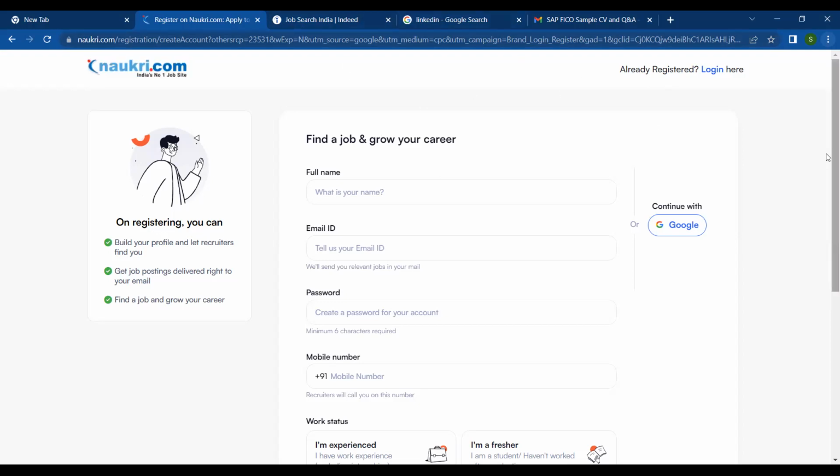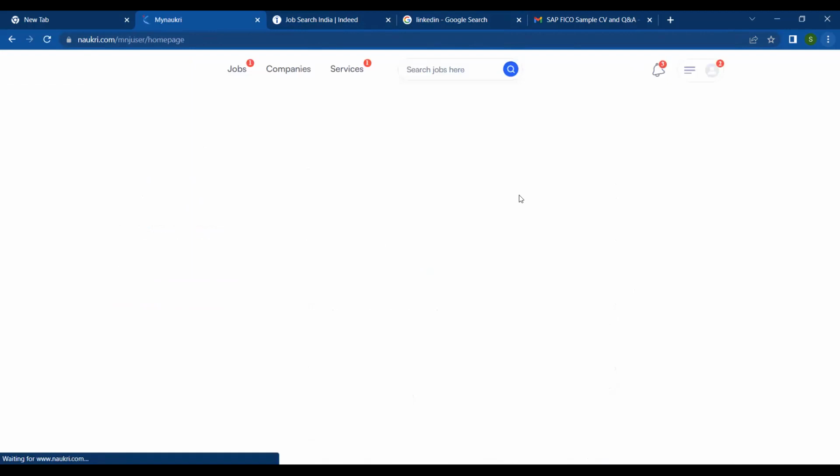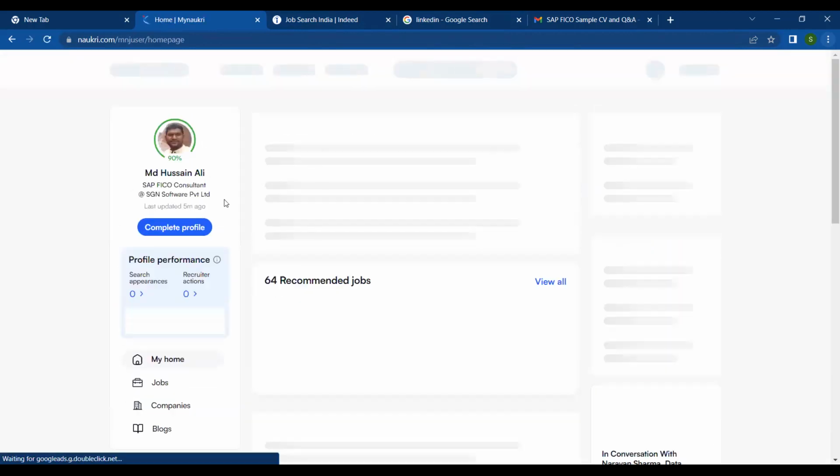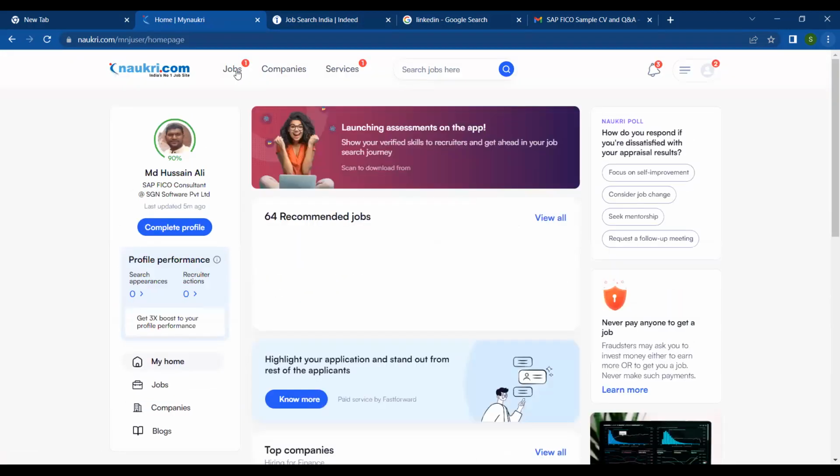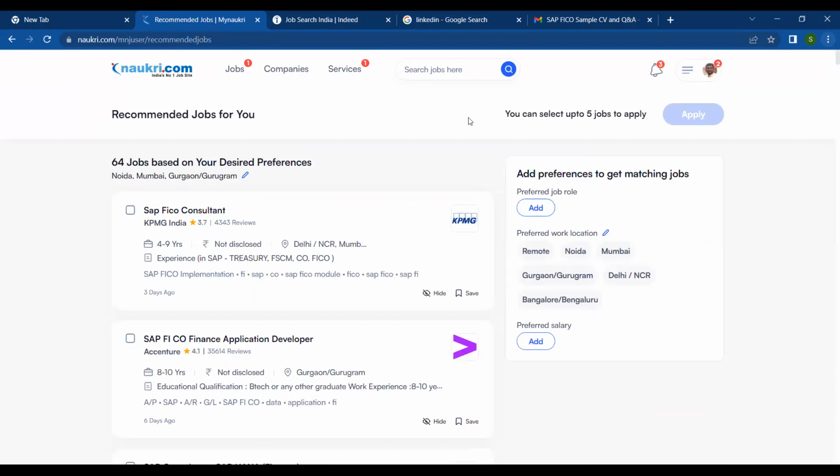Okay, so let's create one login. Here you can see this profile was already created long back by me.